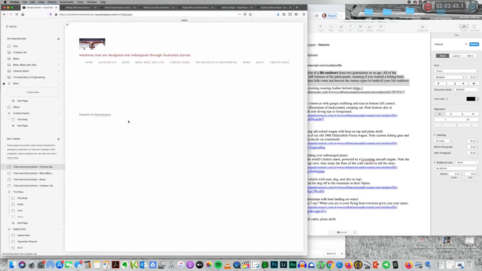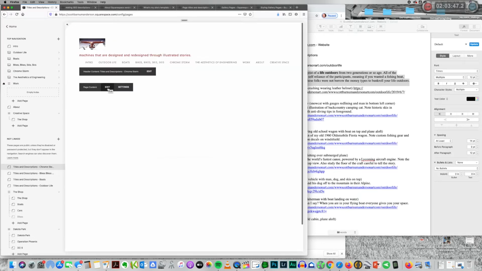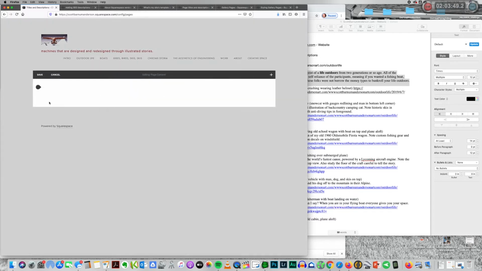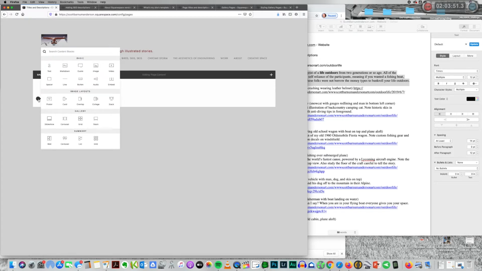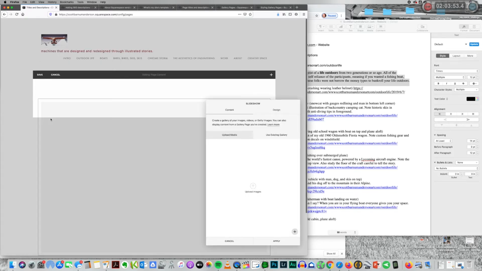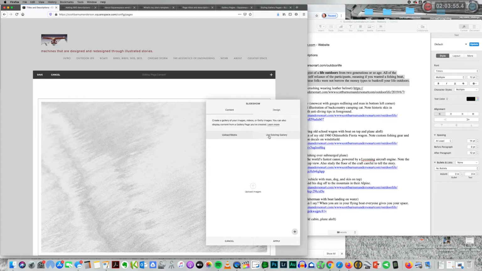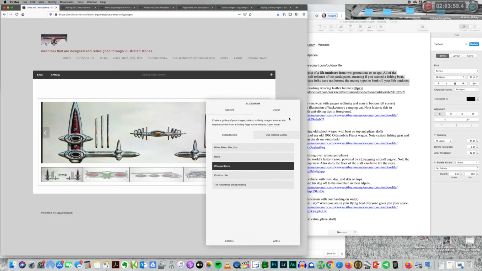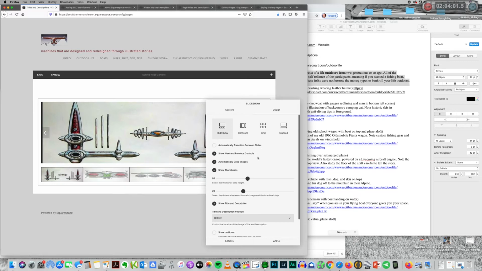Okay, now you just select Edit, and you just go to these little black round icons and select them, and boom, gives you a ton of options. So let's go ahead and click Slideshow, and since you've already created the gallery, we're just going to use an existing gallery, Chrome Storm here. But now we go to Design, and look, we get a ton of options. Make sure to have automatically crop images